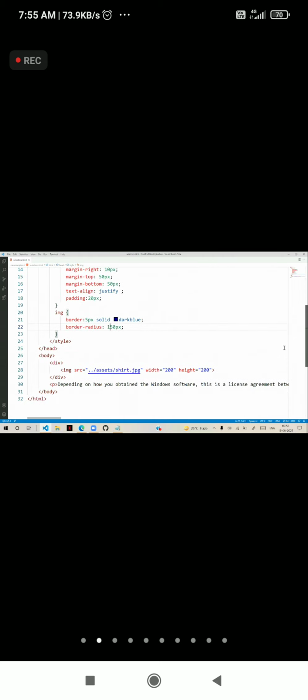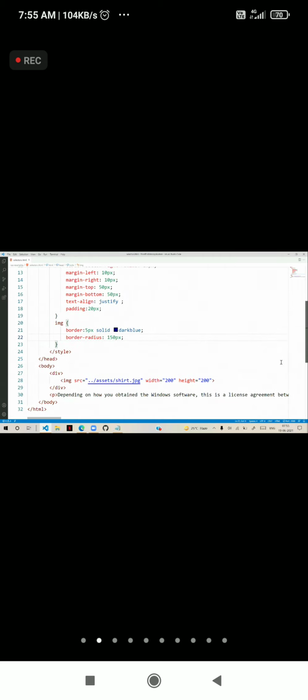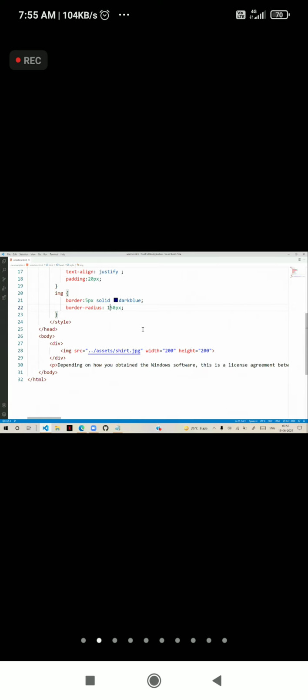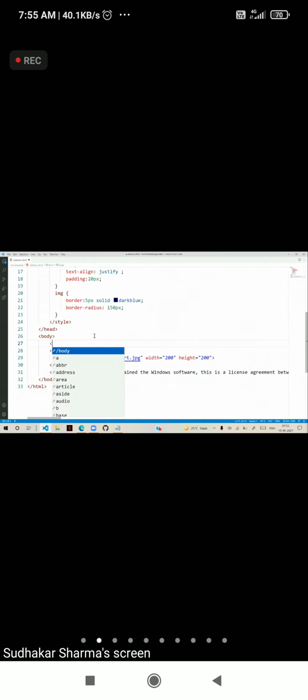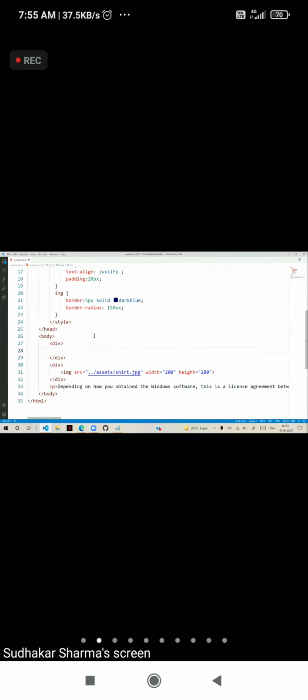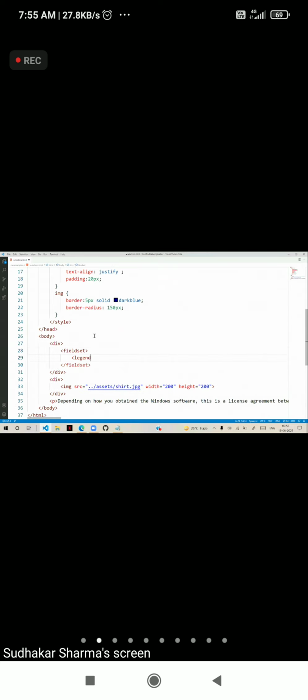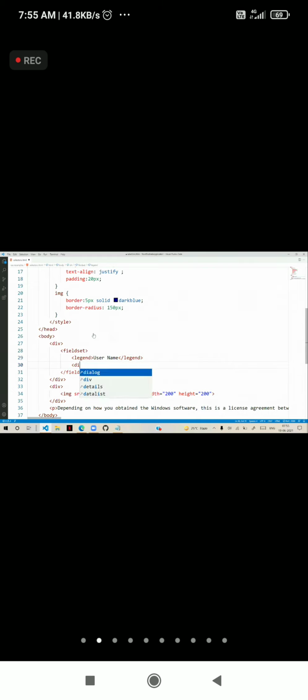Depending on which element you want to apply to, you can configure. Table borders, image borders, anywhere you can apply the border and define, even for text boxes also. That means when you are designing form elements, suppose I give a field set, with a legend, username, and here we have a text box.